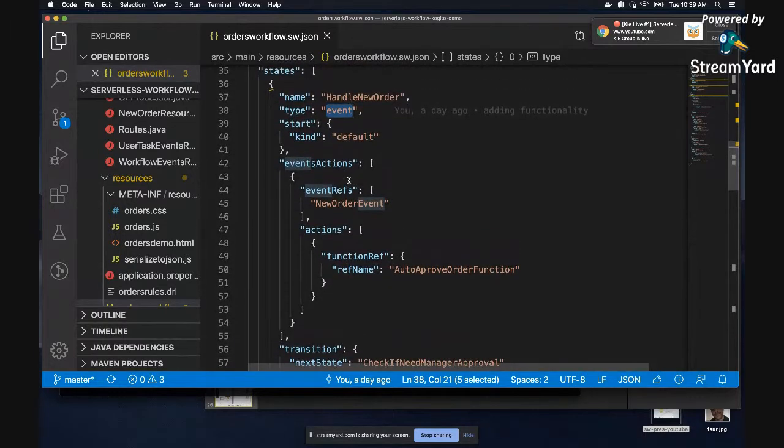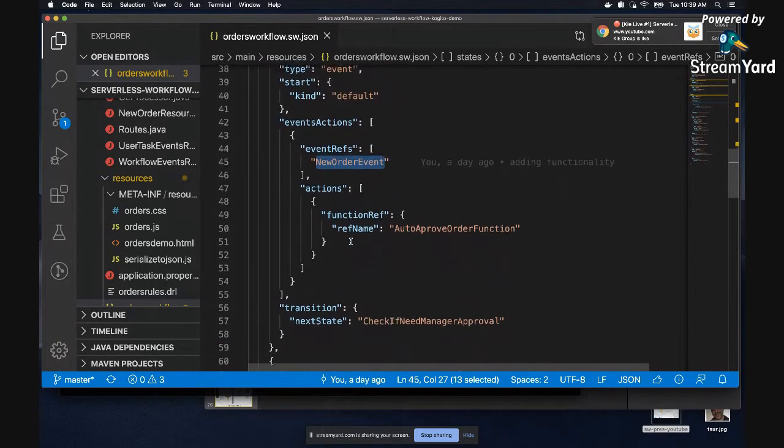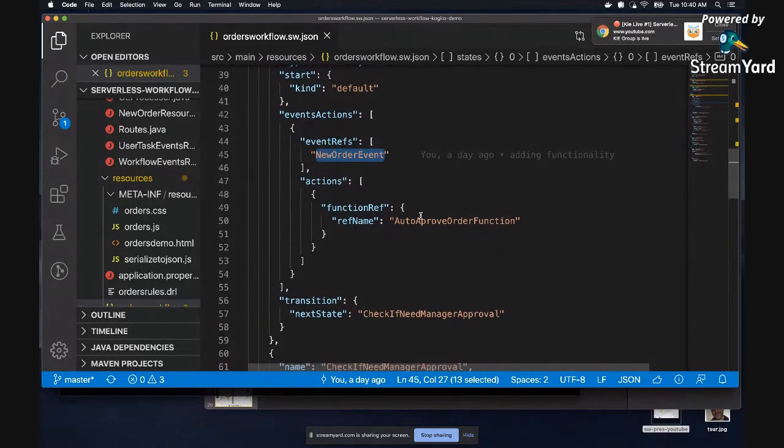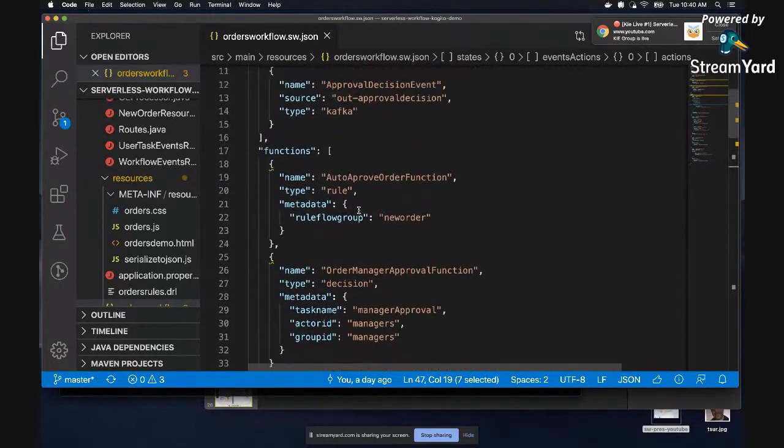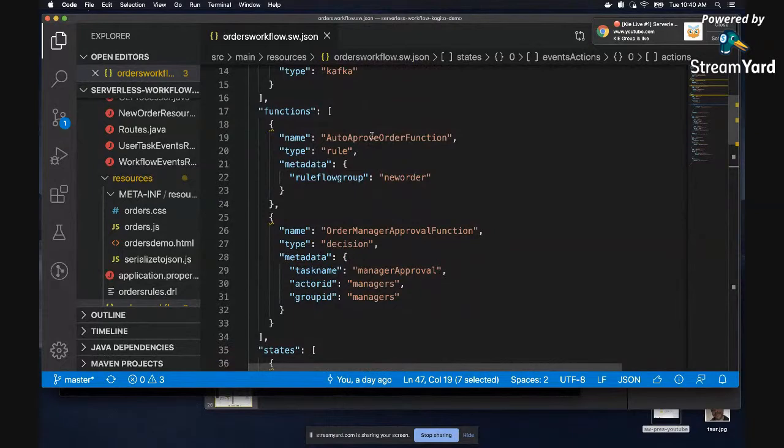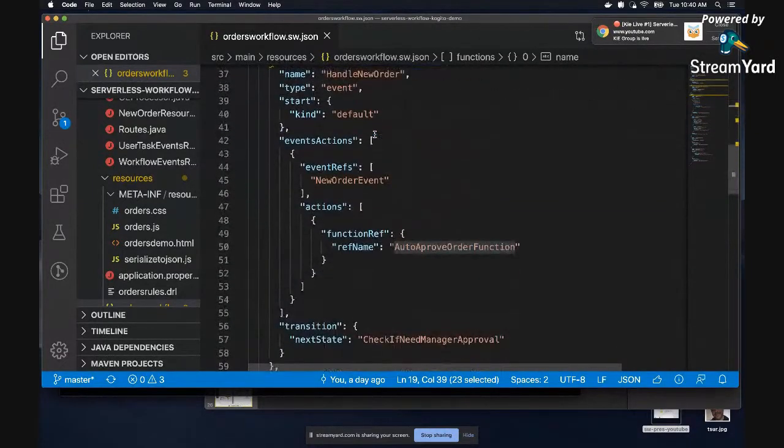An event state defines an event reference. So we say, okay, when a new order event happens, we're going to start the workflow instance, and right away call our rule service. In this case, we see the action being a function reference back to our rule-based service.